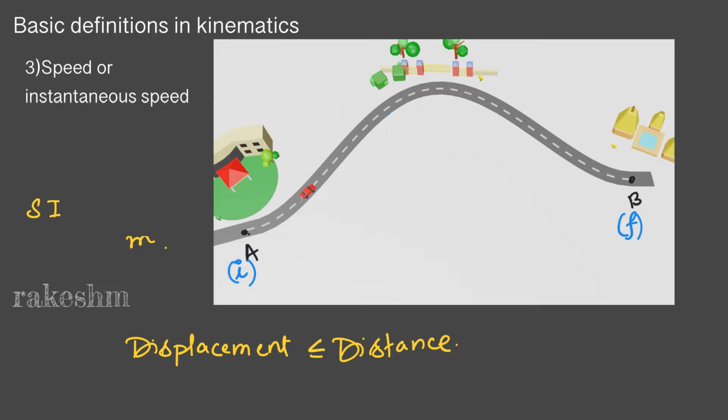Instantaneous speed means the speed of a body at a particular instant. This is point C. Somewhere here we have point D. This car is going from point C to point D. Instantaneous speed means that at C what is the speed and at D what is the speed. You would have learnt in 9th standard that speed equals distance covered by time taken. Now if I ask you what is the speed of this car at C, what will you write as the distance and what will you write as the time?